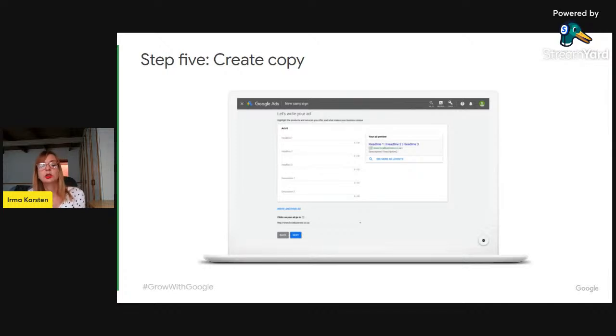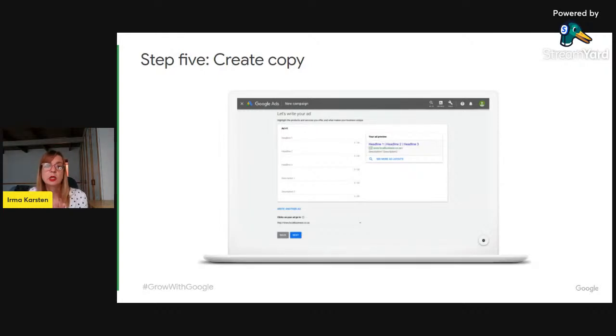Now, the next step is to create the actual part that will be visible to your audience. This is where you're going to create the actual copy or the text of your ads. So think about it this way. Your potential new customer has searched for your product or your service and your ad has popped up, right? Now you actually need to convince that customer to click on your ad, right? It's one thing for your ad to be displayed, but it's something else for your ad to actually be clicked on or acted upon. So remember, this is your opportunity to highlight what exactly makes your brand or your business